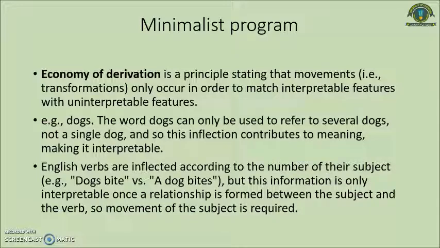So this is the economy of derivation, that we derive a lot of meanings with simple inflections. So I think it's quite clear now. This example is how we derive plural meanings by adding the s inflection, and this example highlights how we use the verb and convey the meaning of time. So we are blessed that our languages can convey time in a very, very simple way. So the next is